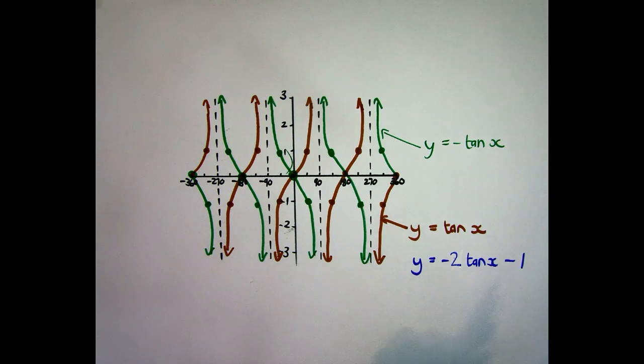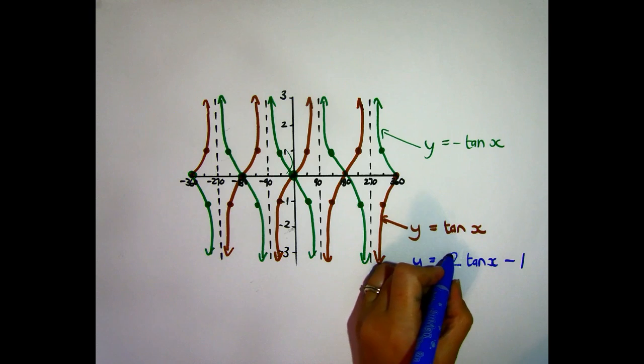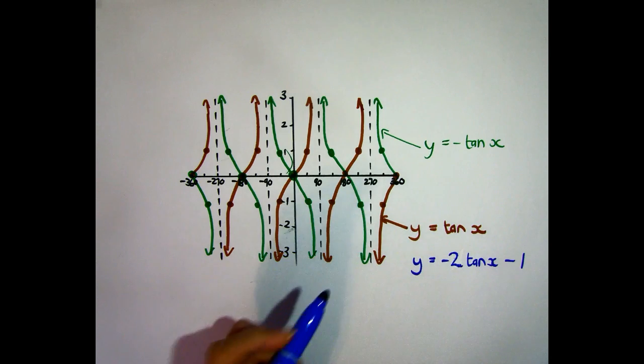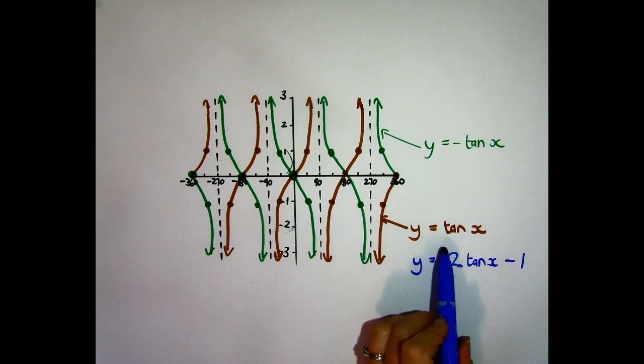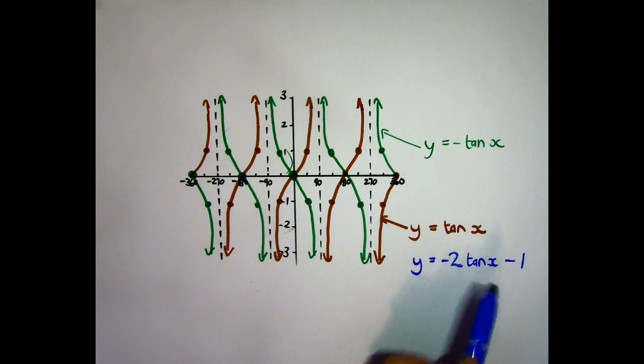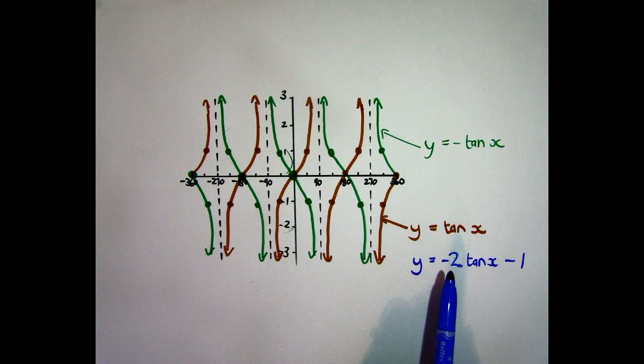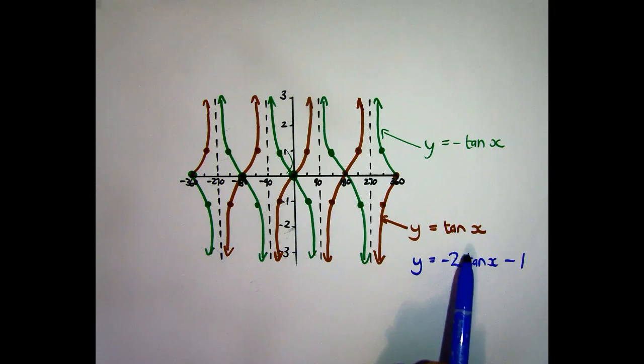What if we've got multiple transformations? So first of all, it's negative, so it's reflected. Then the amplitude is 2, so the whole thing's going to be skinnier. And then we are shifting the whole thing down by 1. So first we're going to do that. We're going to make it negative. So we've already got that. We've got the green one. Then we will change the green one to have a higher amplitude, and then we'll shift the whole thing down